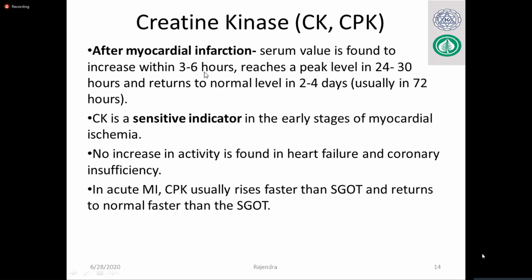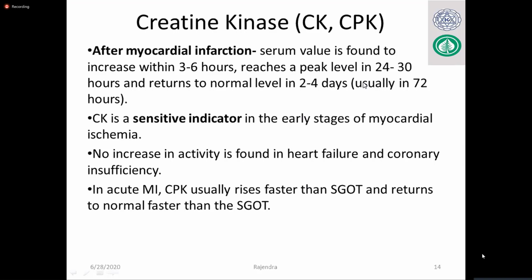That means it is not the biochemistry. There is no problem in the biochemistry. Actually, the problem is the history of the patient, or the blood should be drawn after 3 or 4 hours only. Then only will the biochemical markers be high. That's why you have to think about the history details and the mechanism behind all these enzymes and proteins. Otherwise, it's a waste of time and waste of money.